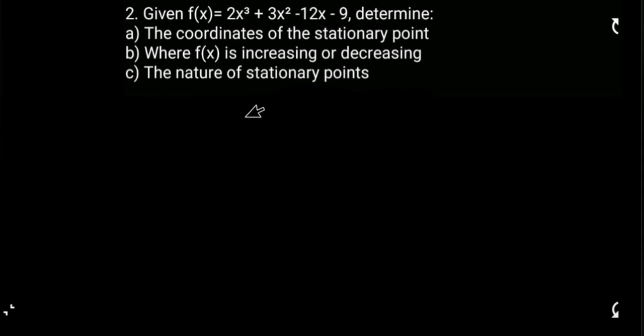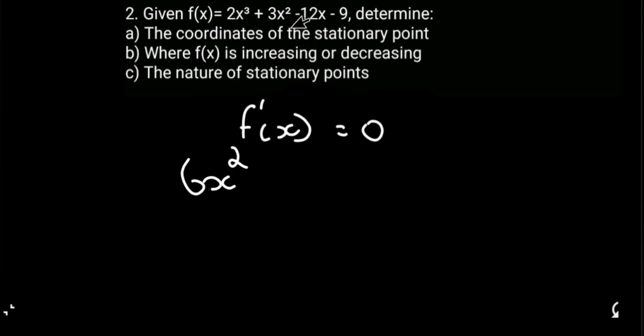To determine the coordinates of the stationary point, we need to first set the first derivative equal to 0. Our first derivative is 3 times 2, which gives 6x squared, plus 6x minus 12. This is our first derivative. Now we need to divide this equation by 6, and then we get x squared